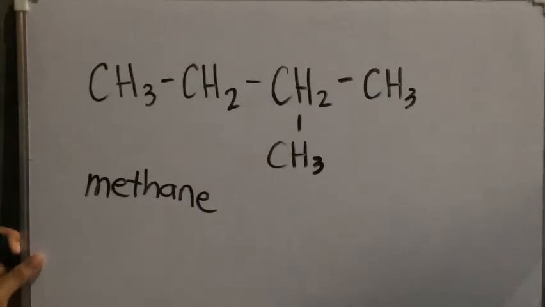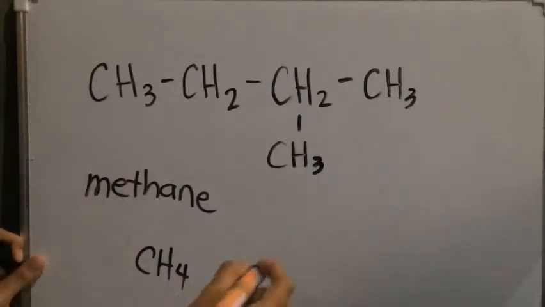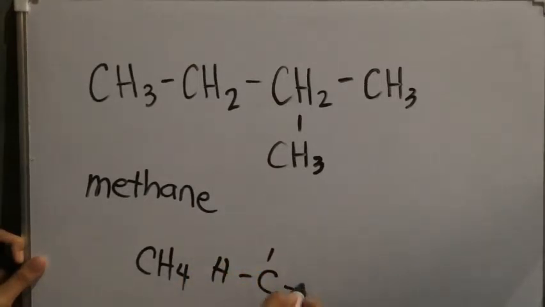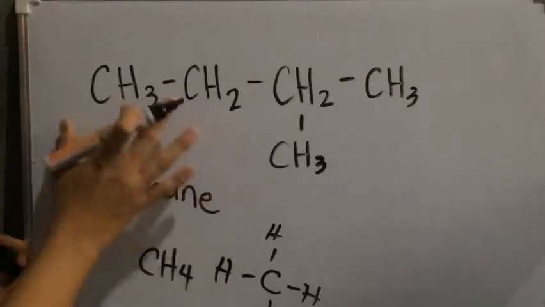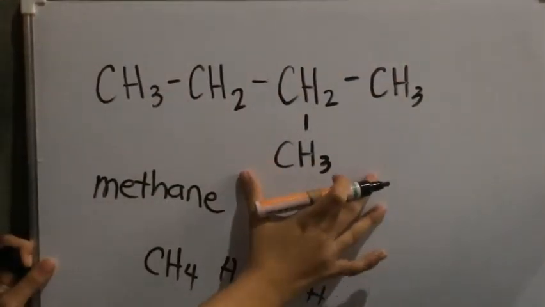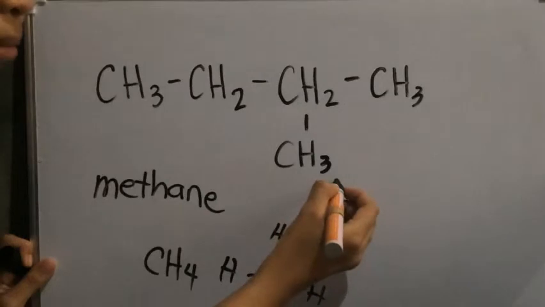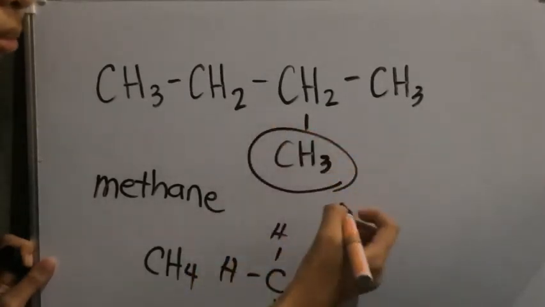We all know that methane is CH4, di ba? CH4 yung methane. Yung methane, ang kanyang expanded structure ay 1 carbon and 4 hydrogen. Ayan. Kapag siya ay naging alkyl, okay, example dito, sa structure na to, this is what we know as